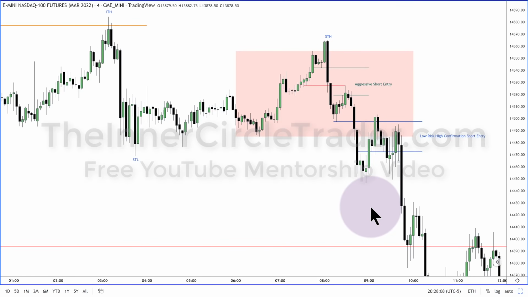If that intermediate term high or low is broken after your trade idea becomes possible, if that intermediate term high is broken and you're bearish, then you got to move to the sidelines and don't go in again. Wait for more setups in the future. It may be in the same trading session, or it may be in the same trading day, or it may require you to trade in the following week. You just can't force it.